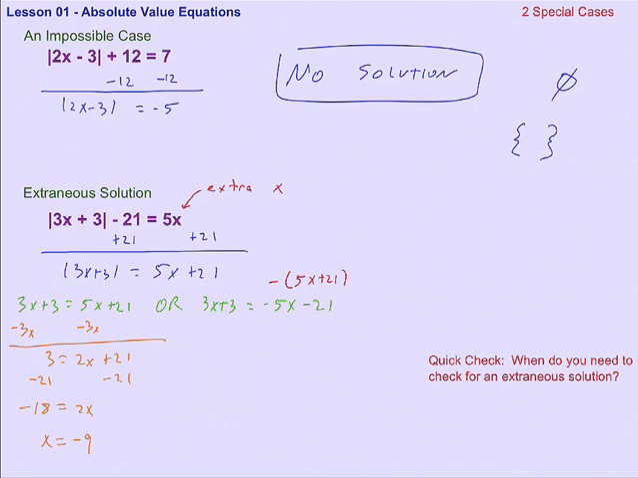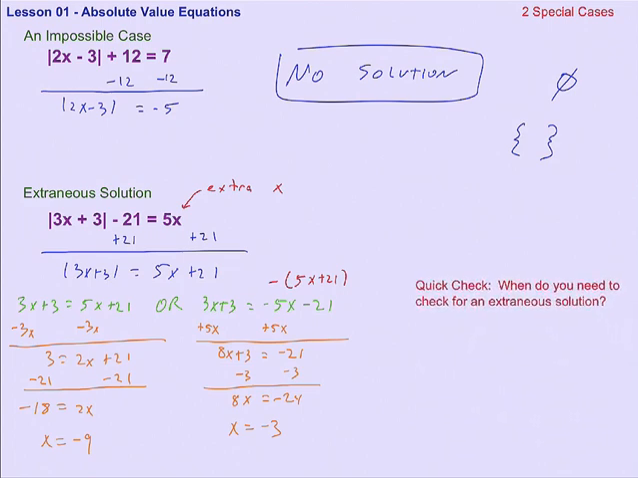Remember, it's an or. I've got two possibilities here. I'm going to add the 5x to both sides. And then I want to subtract the 3. Going back to basic Algebra 1 solving rules. 8x equals negative 24, and so x equals negative 3. Just like before, we have two solutions, except this isn't actually true, at least not both of them. Whenever we have